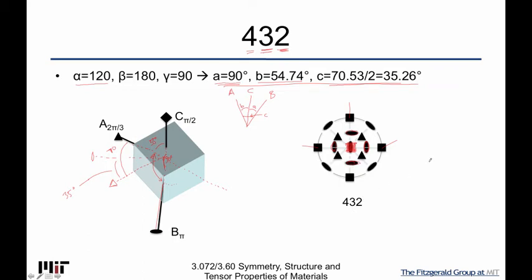So again, just to orient yourself, this would be looking down at the cube, a sphere coming out of a cube like this. So recall that we'd have twofold axes here, which is this one here, this one here. If you're just looking at the square part, we've got this one in the middle. Then coming out of the corners, we have the threefold axes, which is why we have this one, this one, this one, this one. So again, coming out of the stereographic projection,